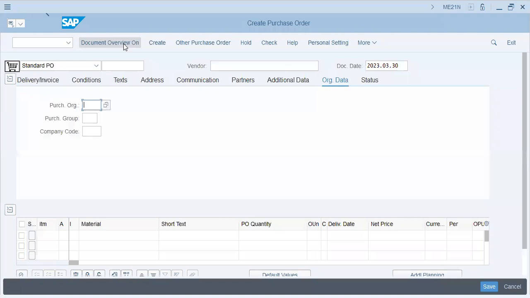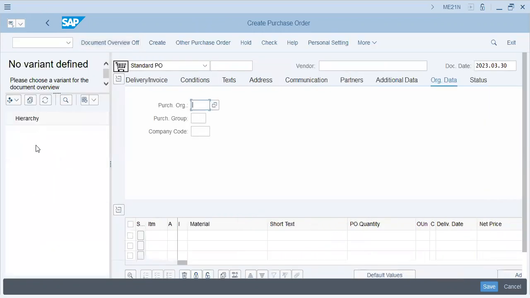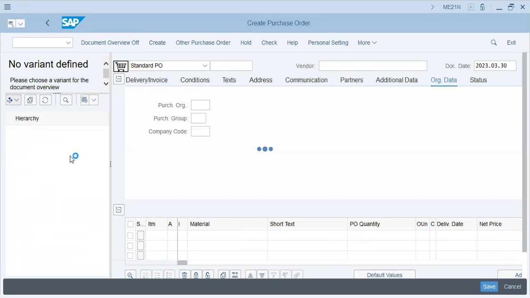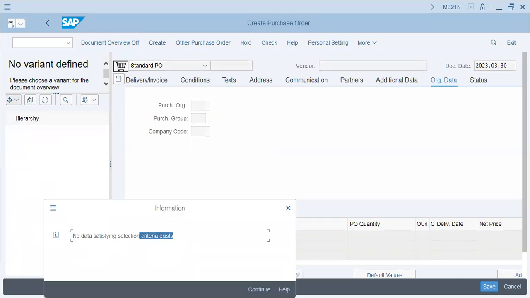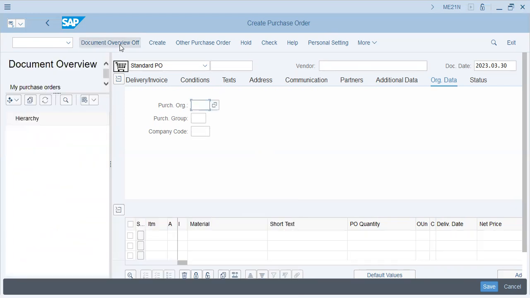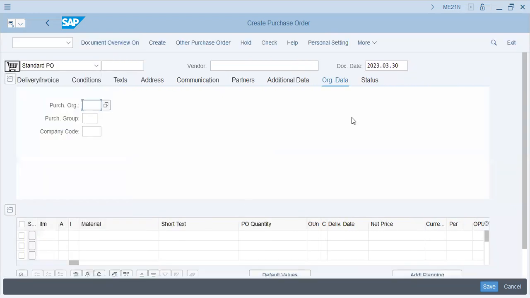I will keep the document overview on. And this actually gives us the list of purchase orders. So I click here and I will see if there are any purchase orders. There is no purchase order in record. Okay, so we will keep this document overview off and looking at this